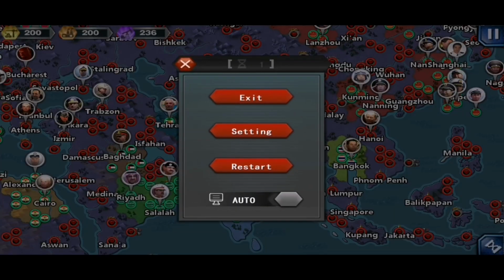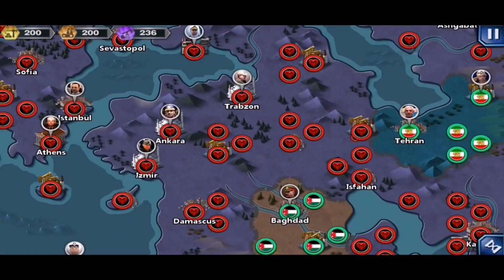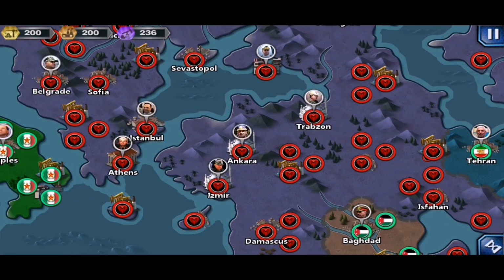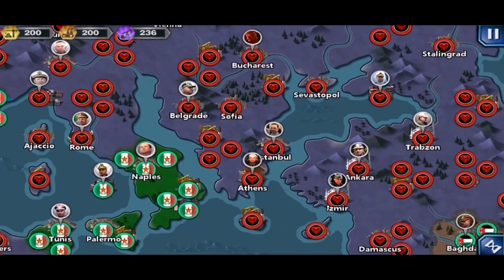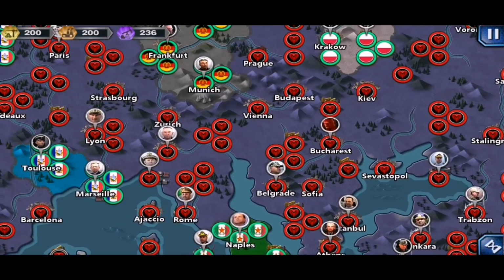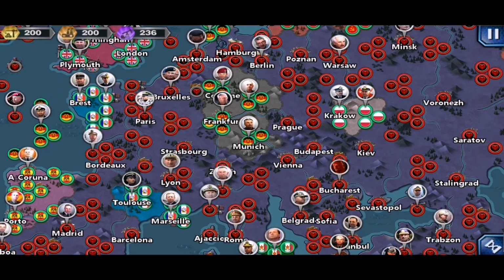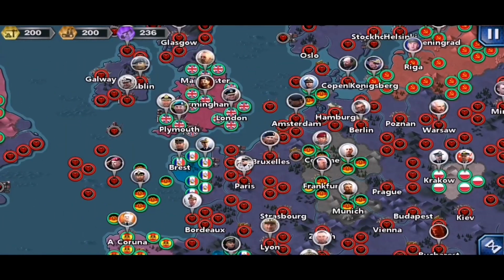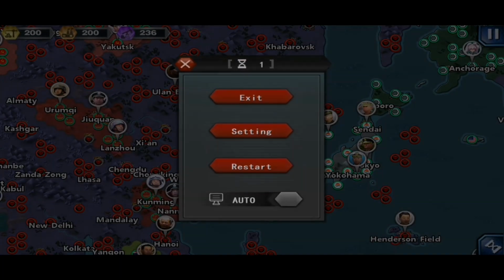I might give World Conqueror 3 a chance actually. But as you can see here, multiple generals, it seems, are on the terrorist side. So we got the Turkish, Greek, Serbian, Polish generals. A bunch of them are in the terrorist faction. That's pretty worrying. Let's just exit this